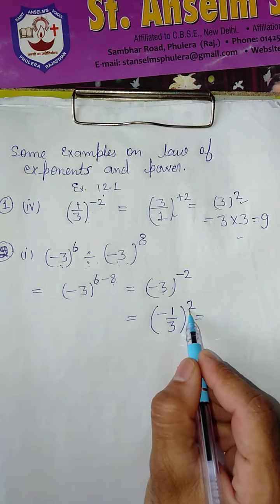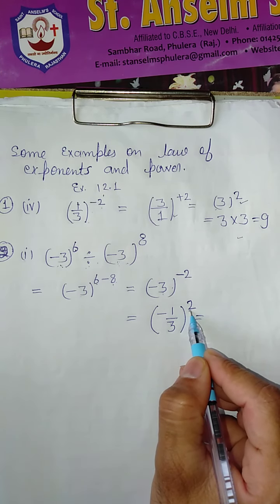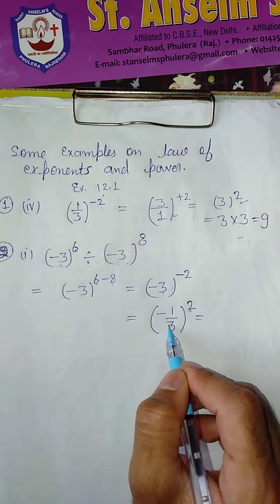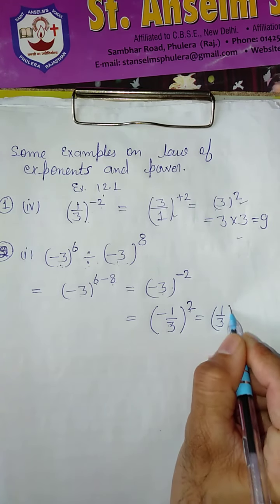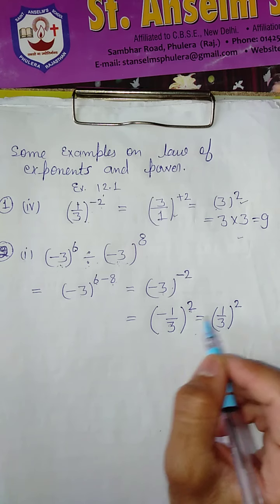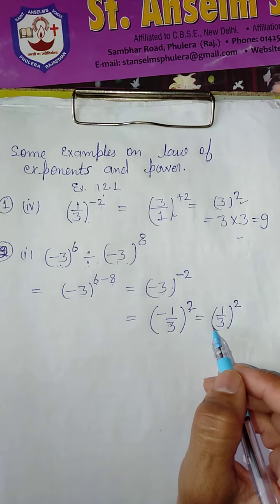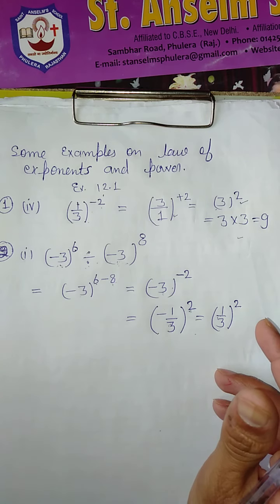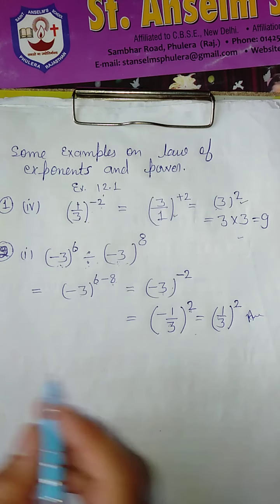Now this is power 2. 2 is an even number. If power is an even number, then the solution or product will be positive. So this will be positive. It means we can write it 1 upon 3 power 2, right? So plus 1 upon 3 power 2 should come here, right? And according to the question, it is written here, express the result in positive power notation. So this is positive power, right? So this is your answer.